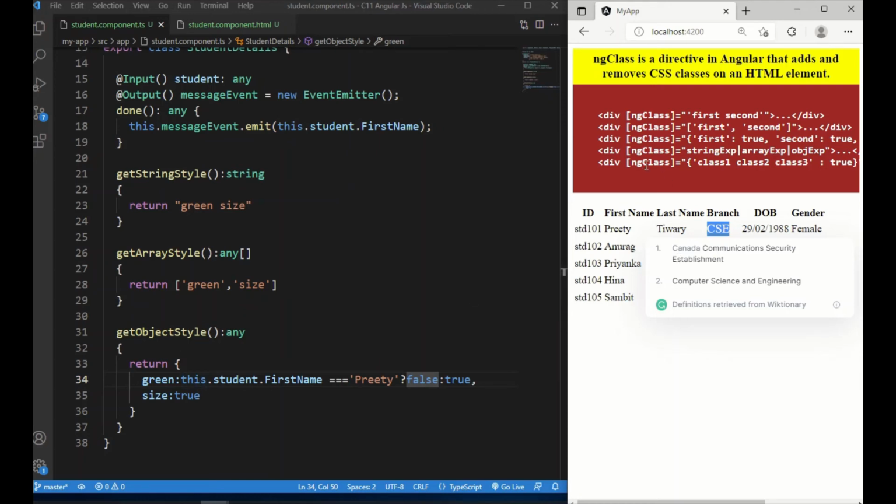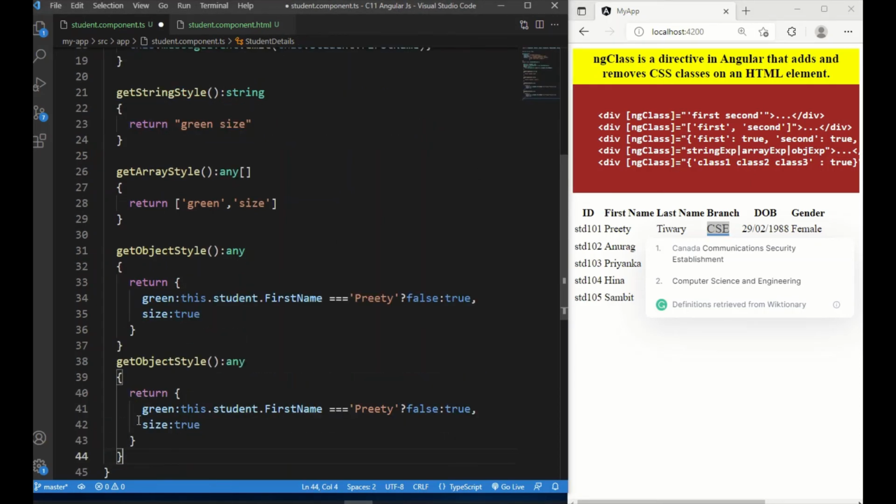And this is another way, if you wanted to conditionally assign a group of classes, you can do that. Let's try this now. Checked group style. Suppose if the student name is Preeti,